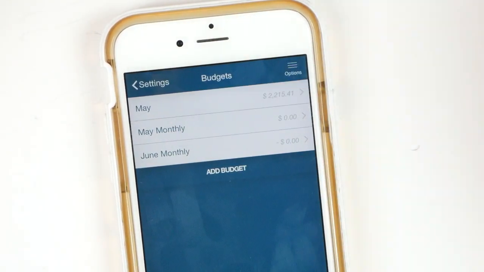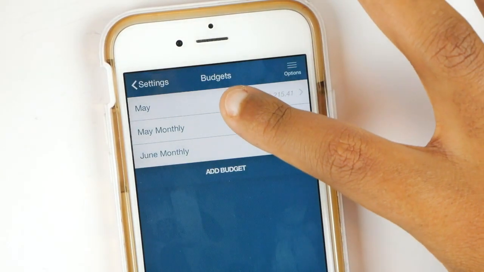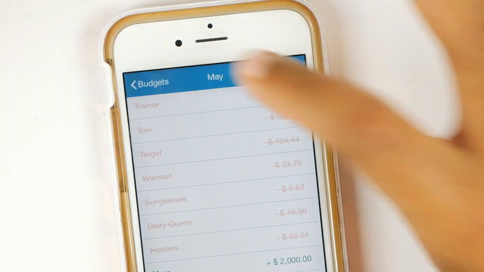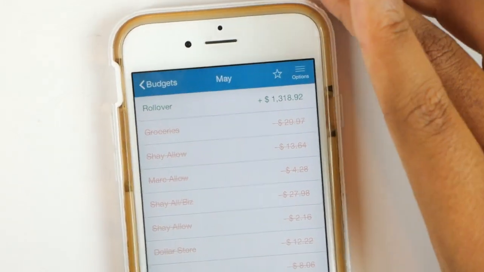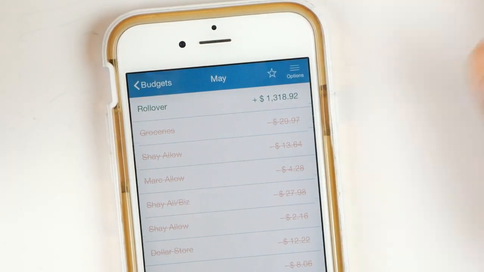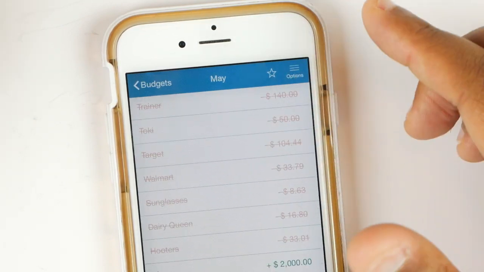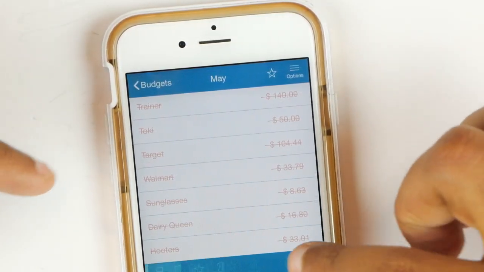Options. Oh, we already did that. So what I'm going to do now is share with you guys how I use it and then share with you guys how you could use it. So this is how I use the Fudget app. Here I have all of our expenses that have taken place thus far, and I have all of the income that we have brought in thus far. All income is in green, all expenses are in red, and I just have a long list of our income and expenses up until